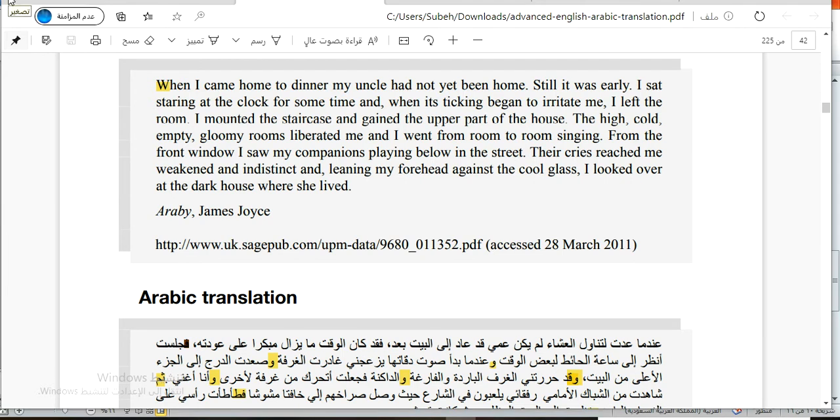In the presentation, if you remember, I said that Arabic depends heavily on coordination, while English prefers subordination, which means that Arabic accepts repeating wa, fa, thumma, but this is not common in English. Be careful about this point. For example, here is a text. If you want to compare it with its Arabic translation, we will find that there are many wa in Arabic. Wa, here wa again, here wa, thumma, fa.